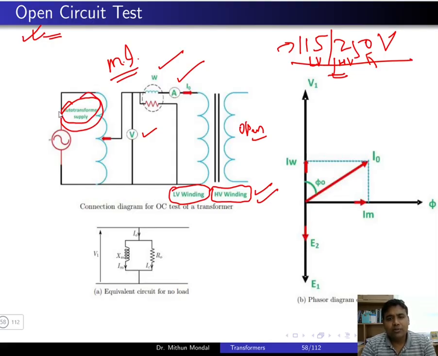So the testing will be done on a single phase transformer. You know that in a single phase transformer, the voltage will be 230 volt. Obviously the voltage will be slowly varied from 0 to 230 volt using an auto transformer. In the lecture on the auto transformer, we will also see how it operates. So let us focus on the open circuit test here.